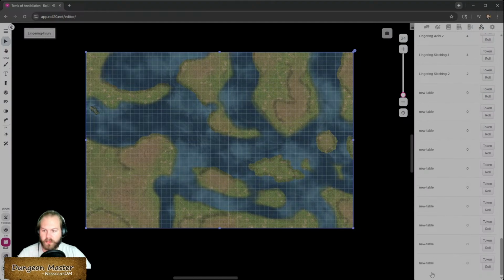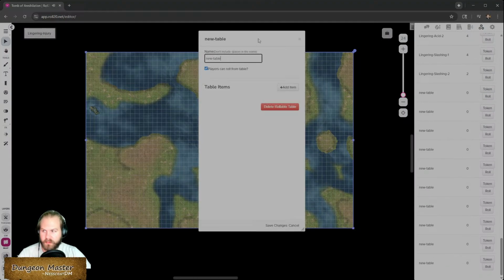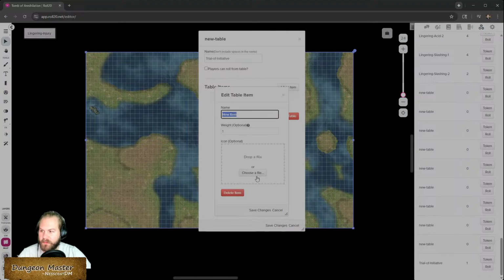Wow, I've got 14 to work with, but I know it's the last one, so we'll jump in here. And we're going to call this Trial of Initiative. I don't want my players to be able to roll on that table because that means they'll get to see all three sides of it, and that kind of spoils the fun. So we're going to add an item here, and